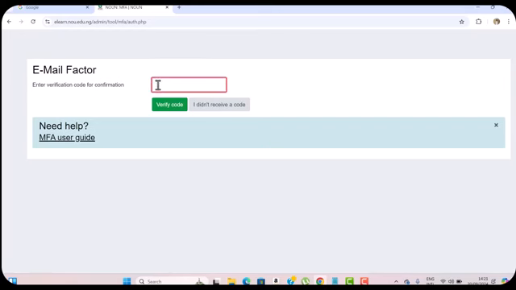So what they should do is go to their email address, which is their Noun email address, and get the 6-digit code sent to them. When they put in the code, they click on verify code, and after doing that,